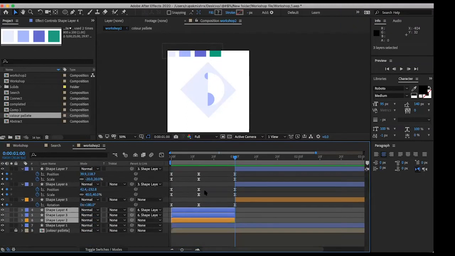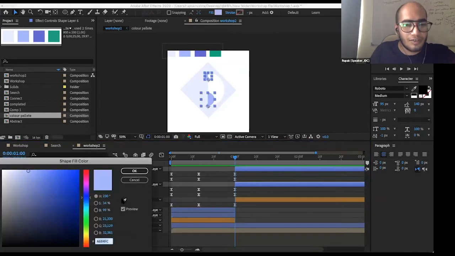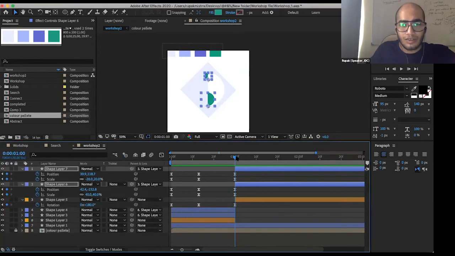I'll hide this because I don't need this. Now we need to work with this part. So first of all, I will change the color of these two small semicircles that I was talking about. We'll change its color to green. Okay. So now what happens? At this point, it changes its color. And now we want to continue this rotation animation.